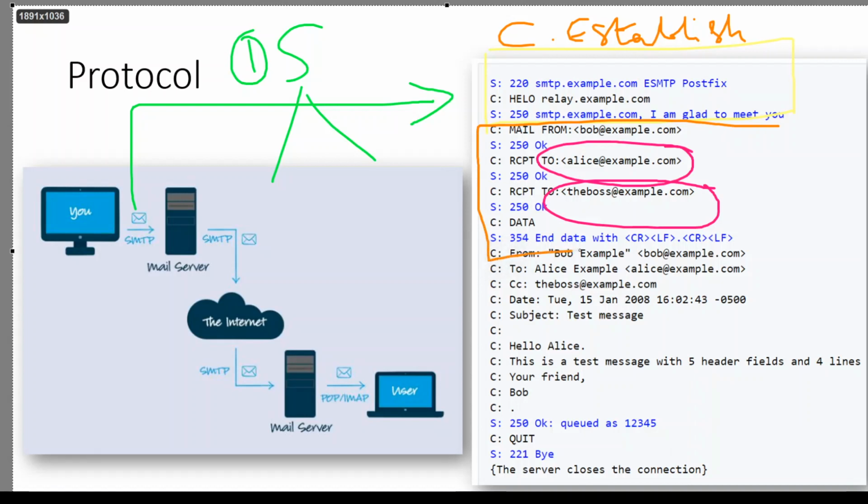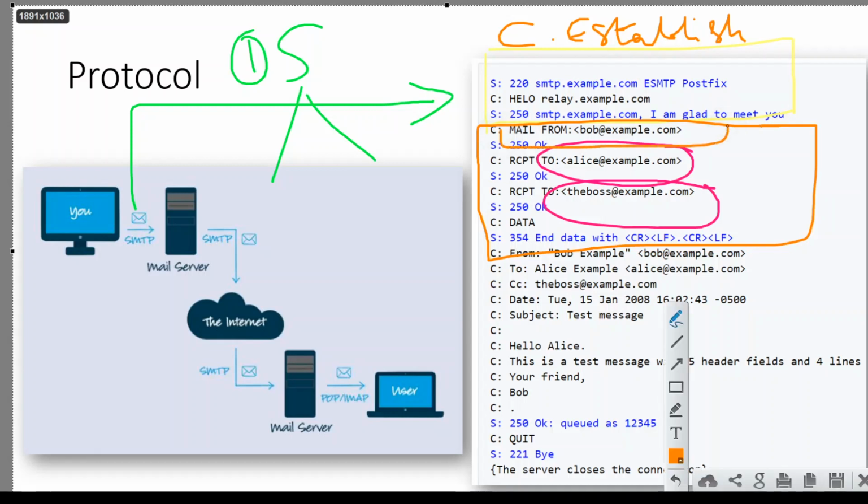Before sending the data we need to say the mail is from Bob, that is me who has logged in. Then the recipients. The server keeps saying okay, I got it, and the client says receipt to Alice.